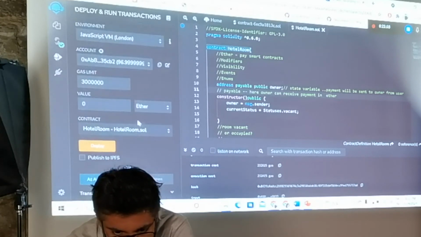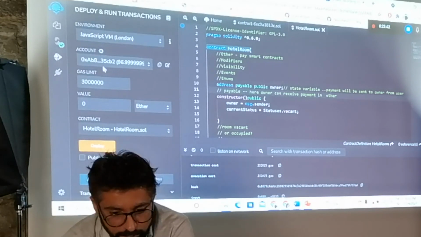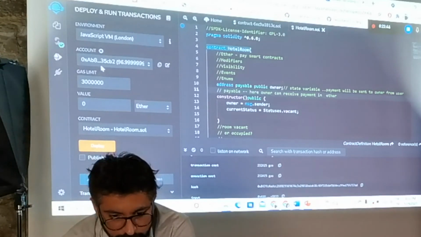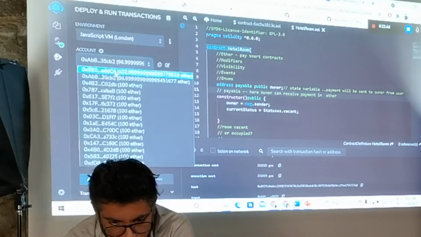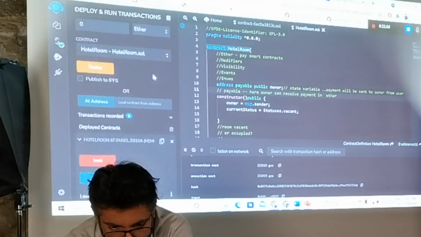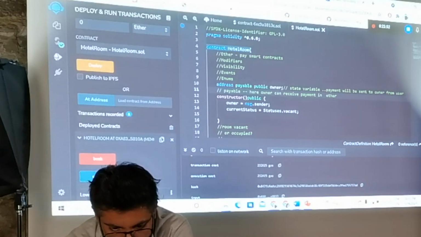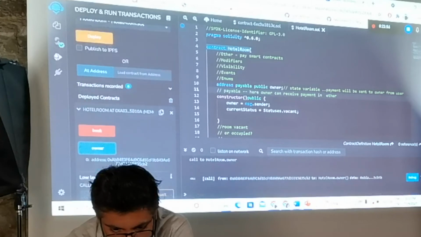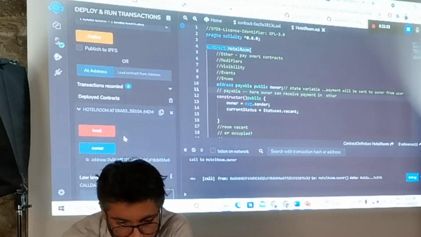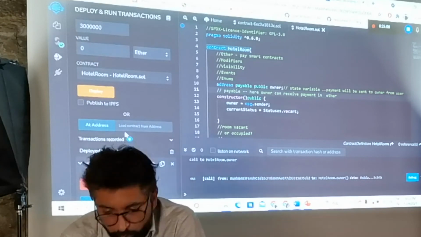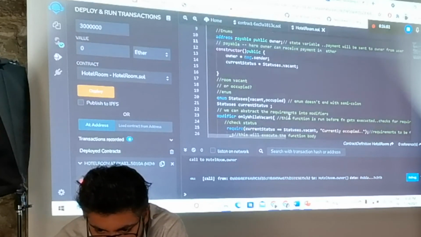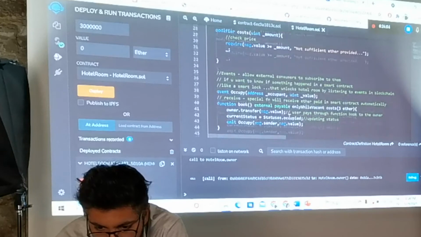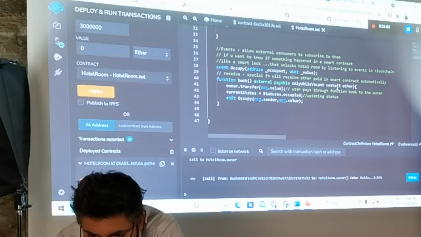Now this is the address of the owner that has deployed the contract. The address ends with CB2, and if I look at the owner details here, you can see the address is the same. Now I want to book the particular room. For booking the room, I have declared that only if the cost is more than 3 ether will it book.